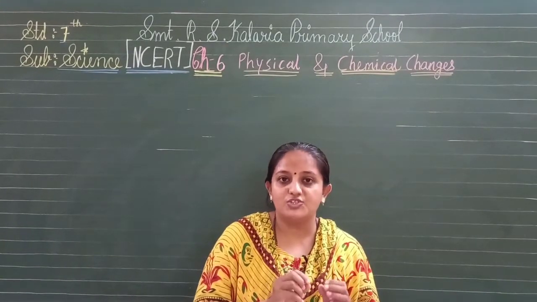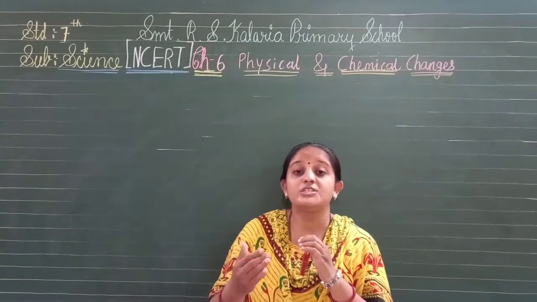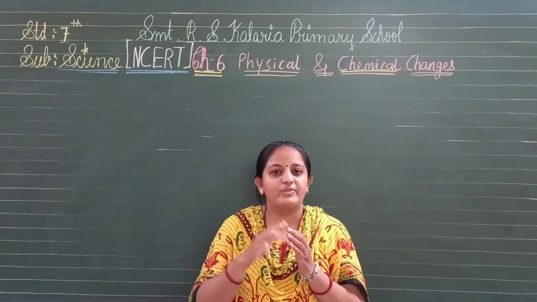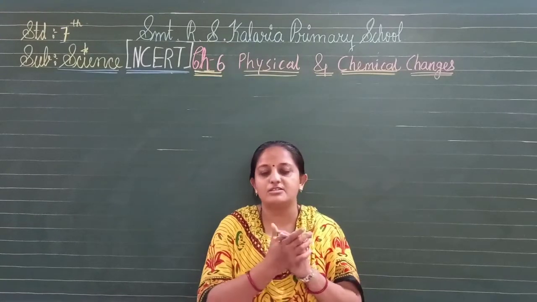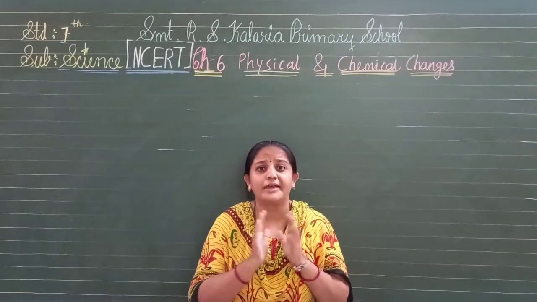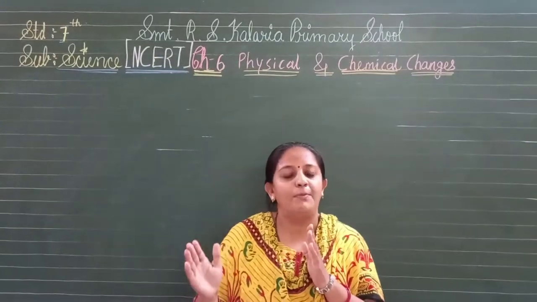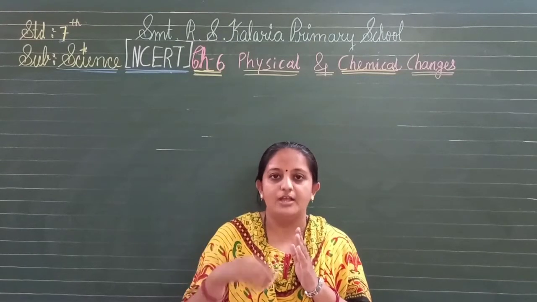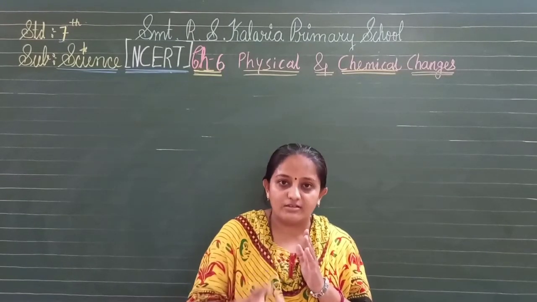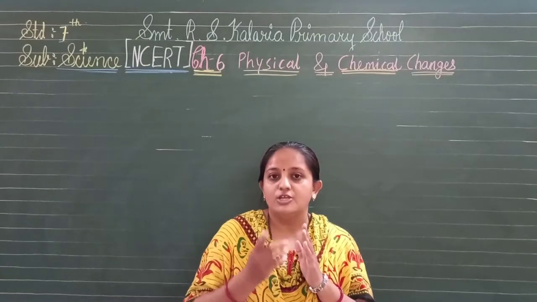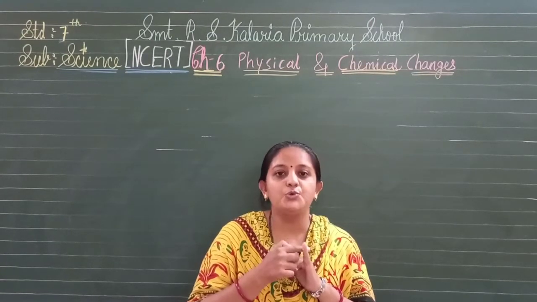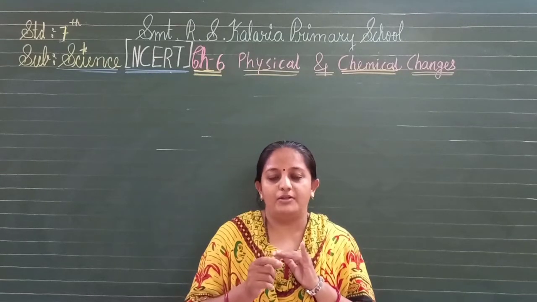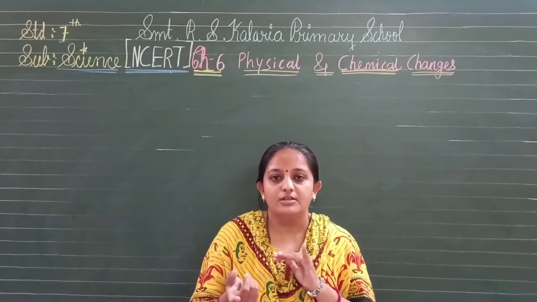But dear students, in chemical change a new substance forms as it mixes or reacts with the atmosphere. As we have seen in the example of iron, if various iron articles are kept open, after some time a rust layer is deposited, and this process is known as rusting. So in chemical change a new substance forms when it reacts with the open air, the atmosphere, or any other substance.